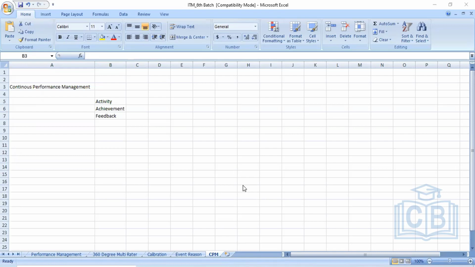To reduce this gap, they came up with this functionality called CPM. So when we are setting up a goal template, and after setting up the goal template, we will be setting up certain categories. We will be adding some goals. What are the goals that will be carried for that particular employee of that particular department? According to that goal, the employee has to work for that financial year, right?